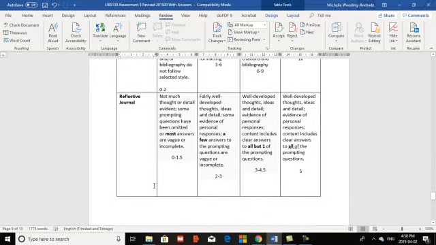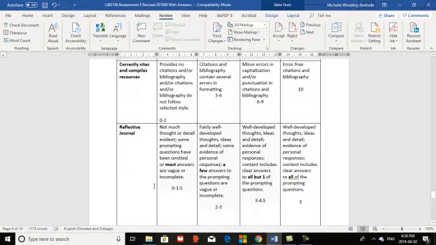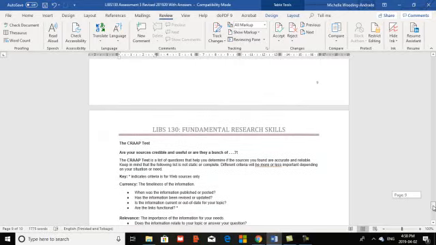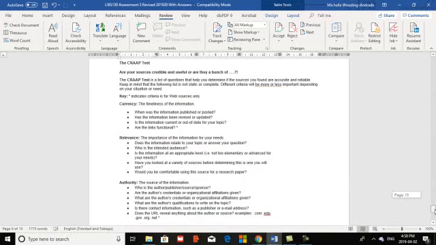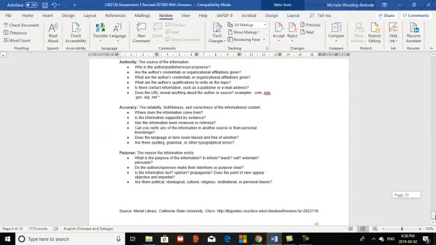And finally, you get 5 marks in this case for your journal. So you would have done 3 journal entries for this reflective journal, and you're getting 5 marks. So that's an easy 5 marks there. Okay. And again, at the end, in this appendix, you have the reminder of the CRAP evaluation criteria. So that's it for